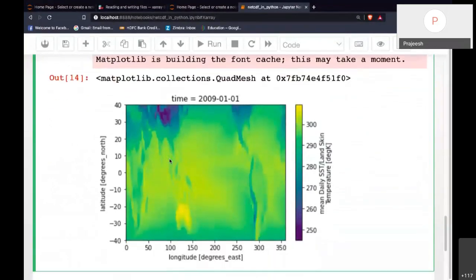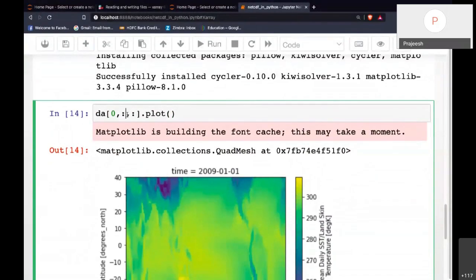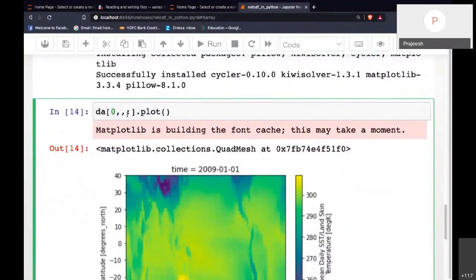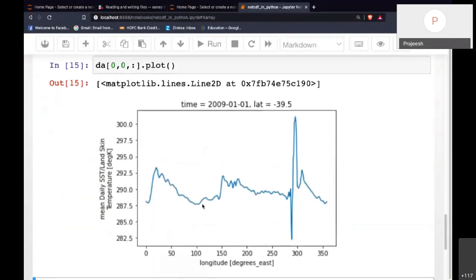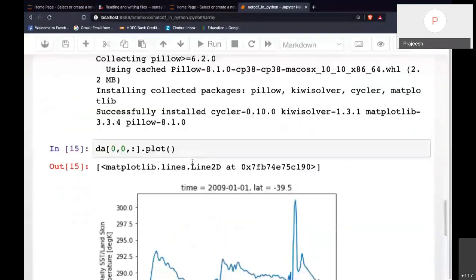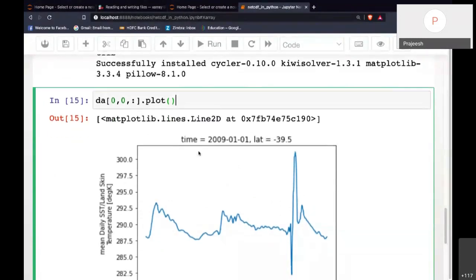You can also get line plots. For line plots, the data set should be one-dimensional. So if I fix one of the latitude or longitude along with this, and then do a plot, it will give a simple XY line plot like this. It's very handy when you want to quickly check a data set. You can use the plot function.